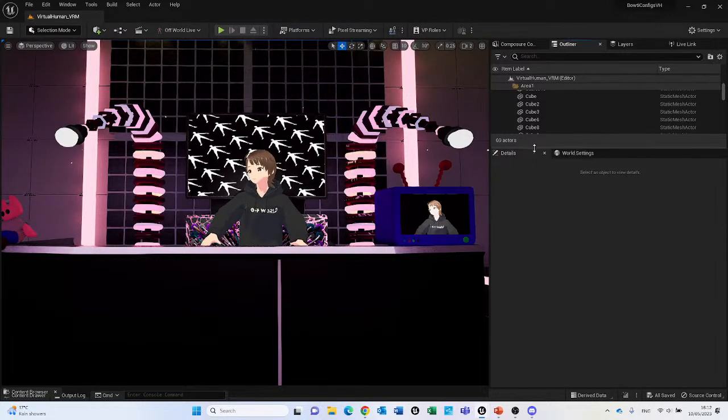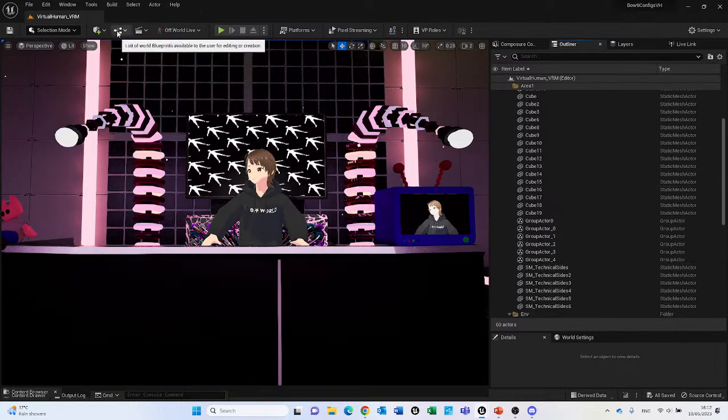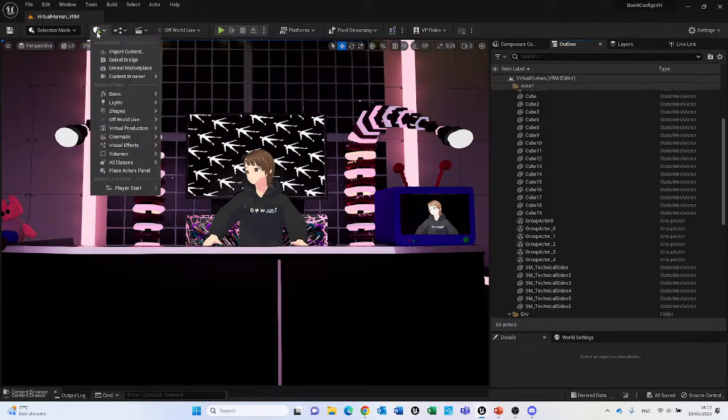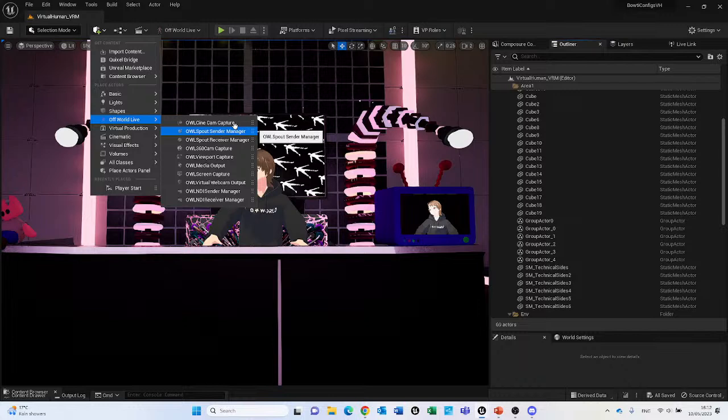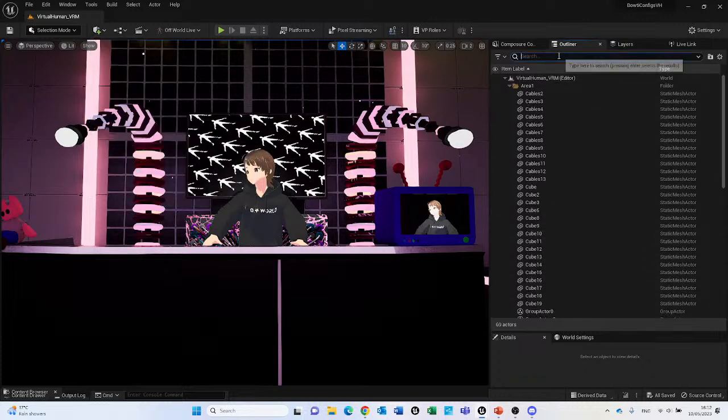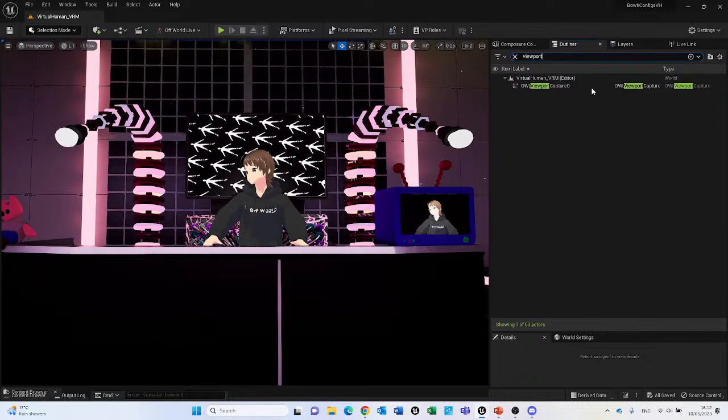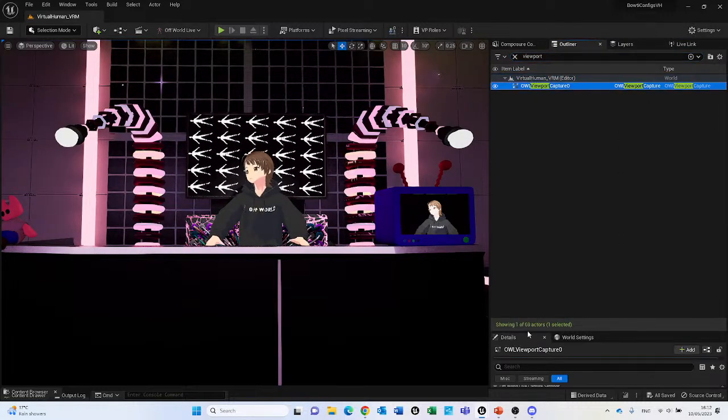First of all, Off-World comes with many capture systems, and particularly we're going to use viewport capture, CineCam capture, as well as 360 cam capture today. So I've added all of these three captures into my Unreal scene, as you can see here. And once these are added,